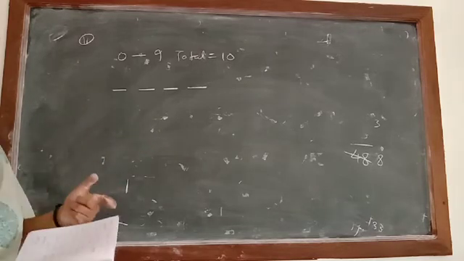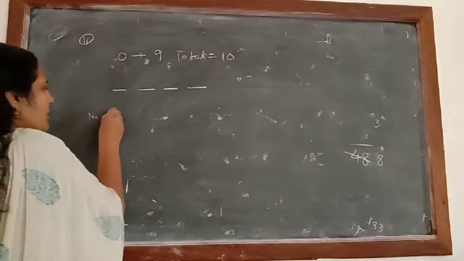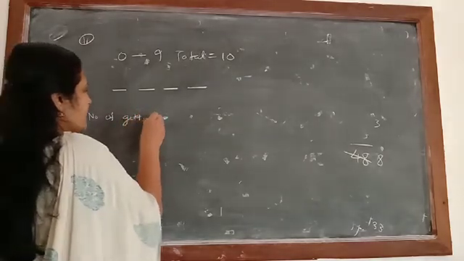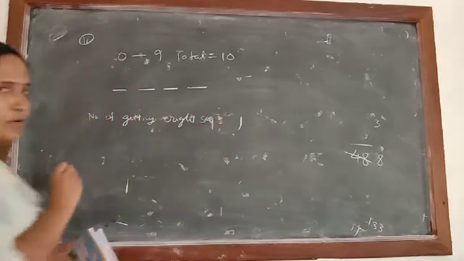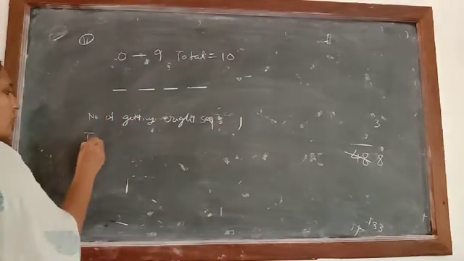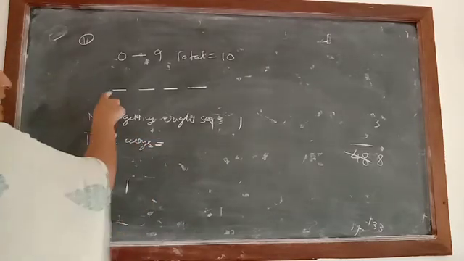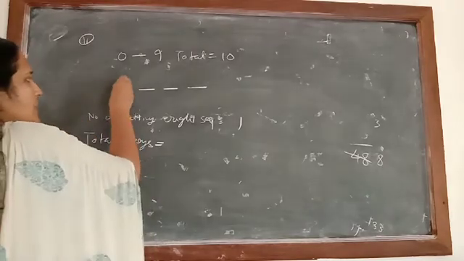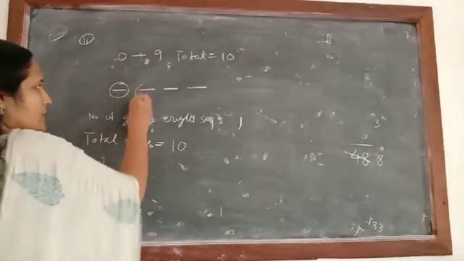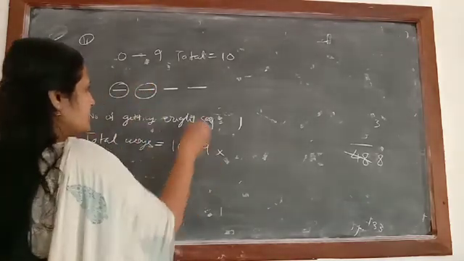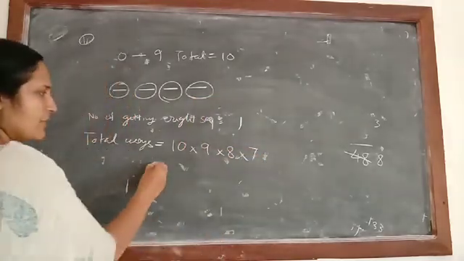So getting the right sequence, that will be one time only, correct? So just write down the number of ways of getting the right sequence: it will come one time only. Now we have to check the total ways of selecting the numbers. As we know, digits cannot be repeated there. So for this place we have 10 numbers, so this place can be filled in 10 ways. This place can be filled in 9 ways. The next one can be filled in 8 ways and then the next one in 7 ways.